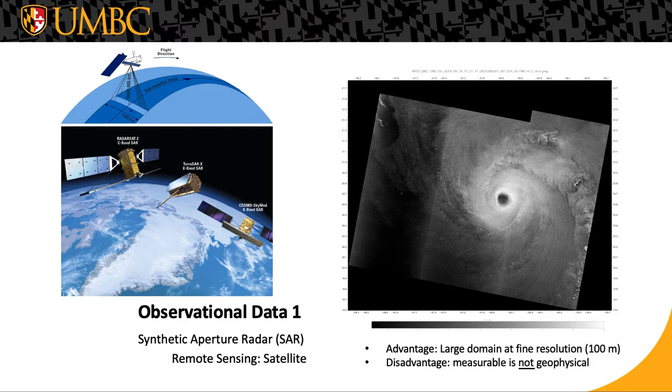So our first observational data is SAR, the synthetic aperture radar. The horizontal winds in a hurricane put significant stress on the ocean surface. The high vertical wind shear in the HBL, hurricane boundary layer, produces turbulent eddies which leave an imprint on the ocean surface that the SAR can detect. The SAR is one of the highest resolution of earth science data available that we're aware of, as it provides a very large domain at a relatively very fine resolution of about 100 meters spatial.